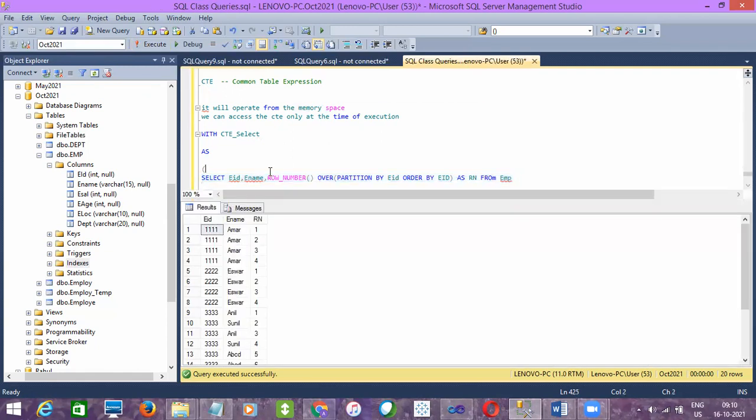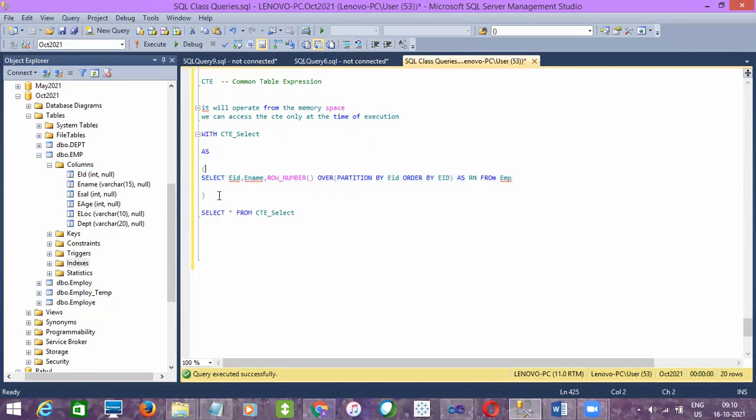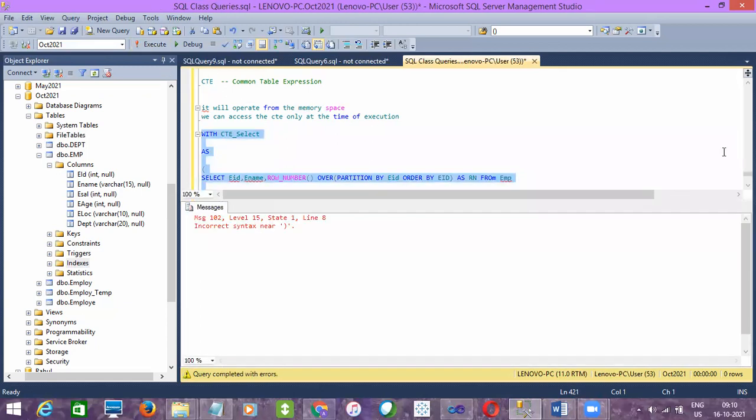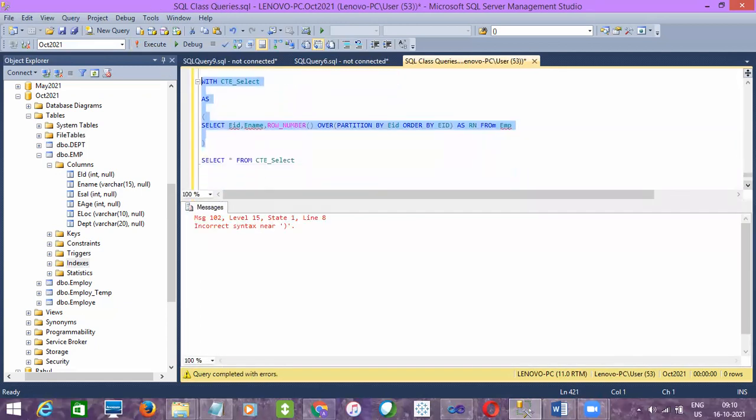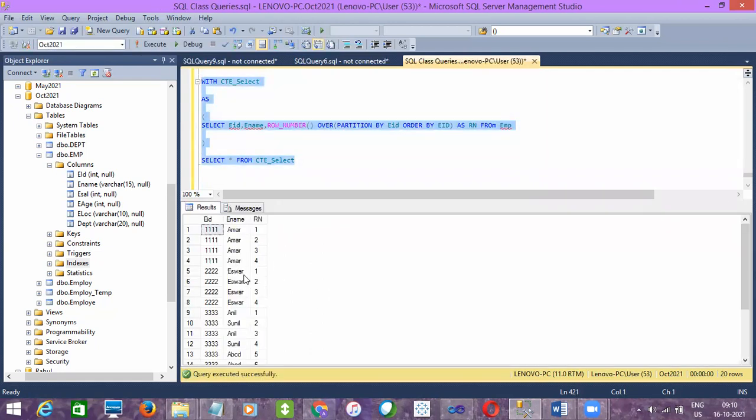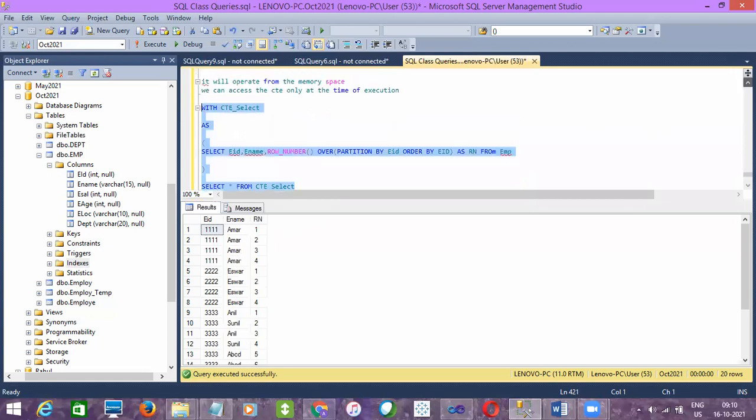Usually if you create a table, we'll just create the table and then do SELECT * FROM. So let me do this. Is it creating the CTE? No, right? It is throwing an error. If you highlight the full CTE code part and execute, then only you can access the CTE. That's my point here.